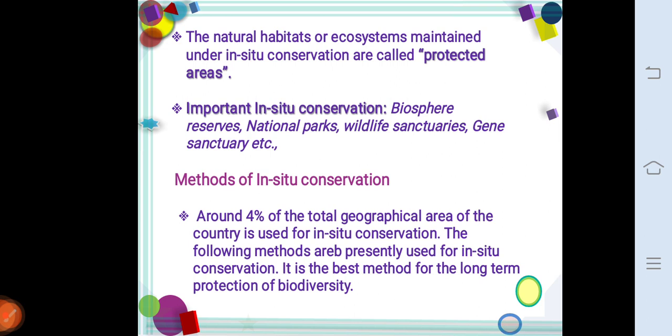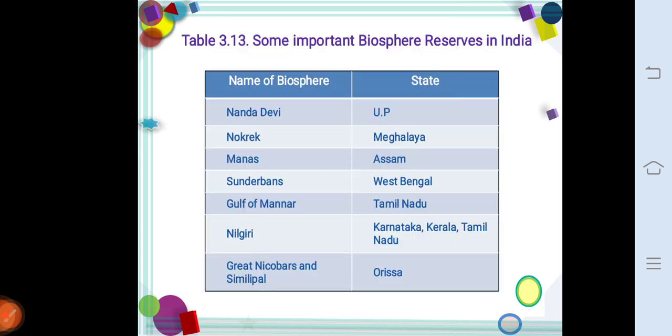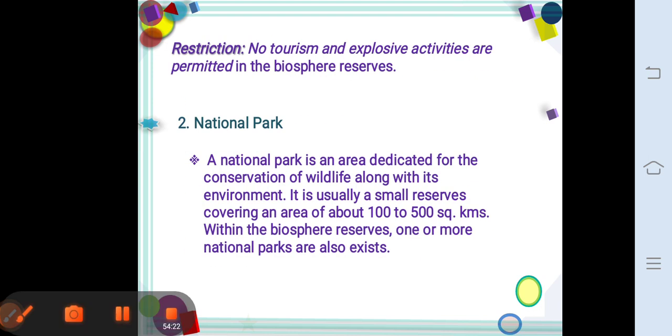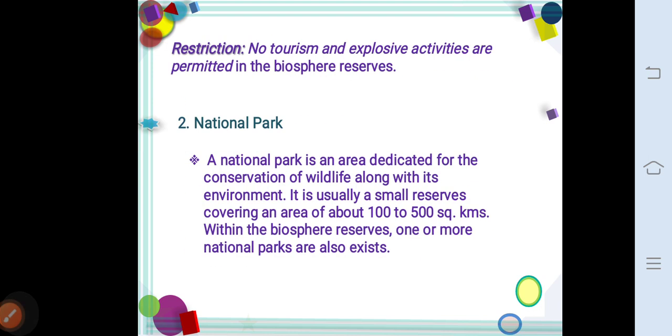National parks. A national park is an area dedicated for the conservation of wildlife along with its environment. It is usually a small reserve covering an area of about 100 to 500 square kilometers. Within a biosphere reserve, one or more national parks also exist. Some important national parks are given. And role of